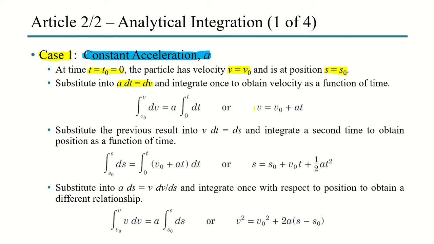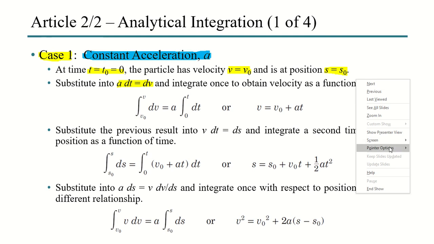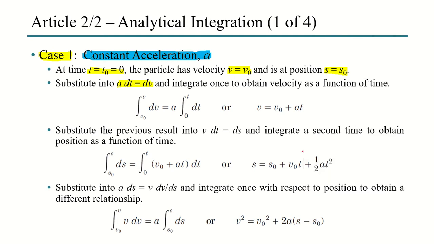So integrating, we got the integral of dv is equal to v, then the limit is v sub 0 to v, then substituting the limit, so this is supposedly v